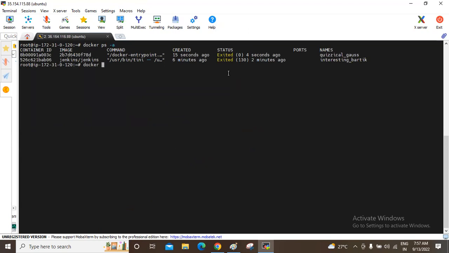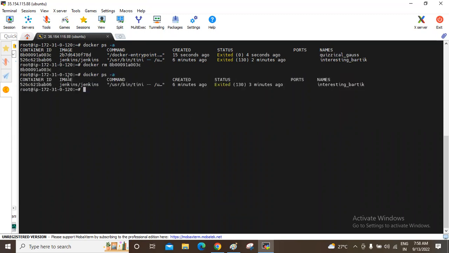Now, how to remove these exited containers? For that, the docker rm command is there. docker rm, I want to remove the container. These are the container names. You can give the names, we will learn that. These are the container IDs. So copy this container ID here. docker rm with this ID. What will happen? This container is removed. docker ps -a. So only Jenkins is there. Nginx is removed. Now let's remove this as well. For that, docker rm.